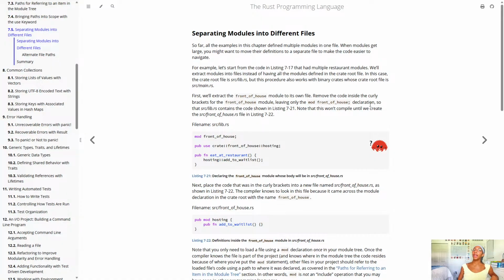Let's go. So, separating modules into different files. So far, all the examples in this chapter define multiple modules in one file. When modules get large, you might want to move their definitions into separate files to make the code easier to navigate. For example, let's start from the code in listing 7-17